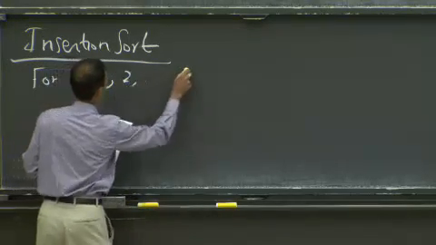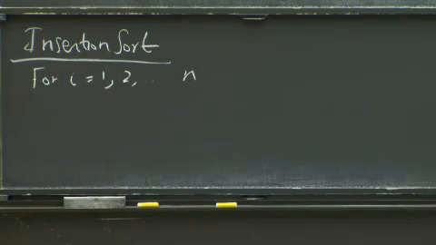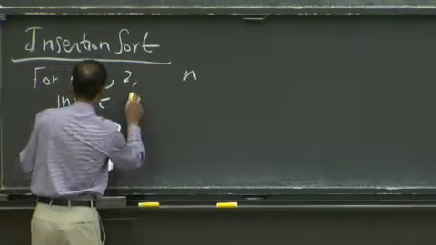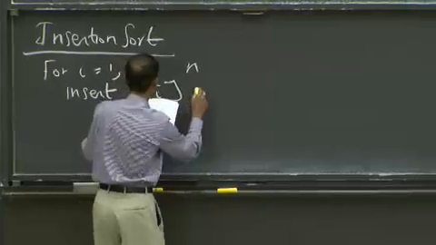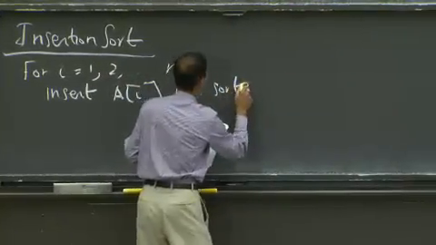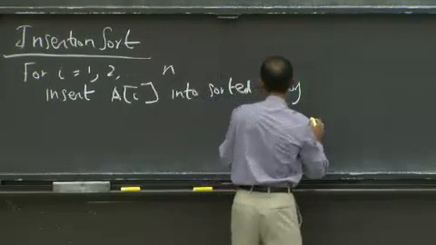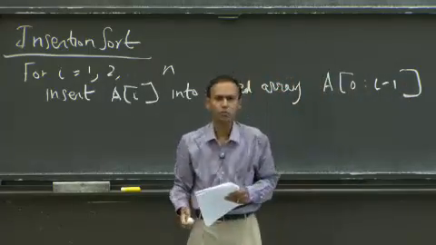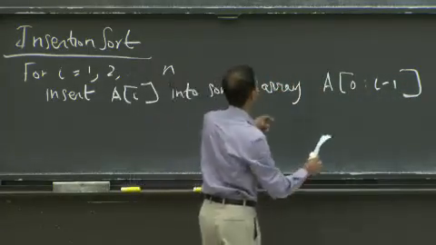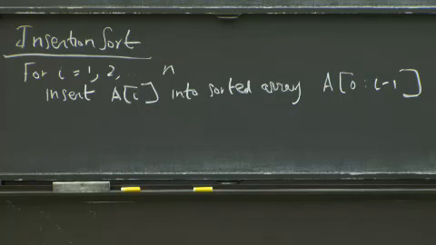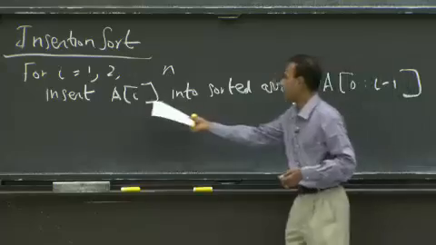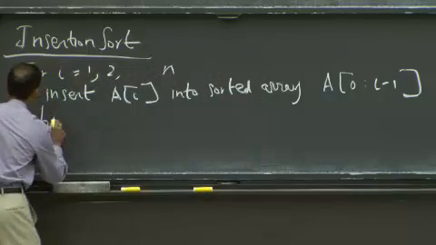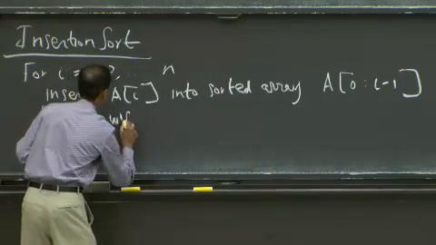For i equals 1, 2 through n, given an input to be sorted, what we're going to do is insert A of i in the right position, and we're going to assume that we are midway through the sorting process where we have sorted A[0] through A[i minus 1], and we're going to expand this array to have i plus 1 elements, and A of i is going to get inserted into the correct position. And we're going to do this by pairwise swaps